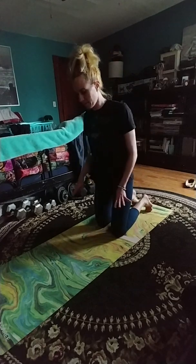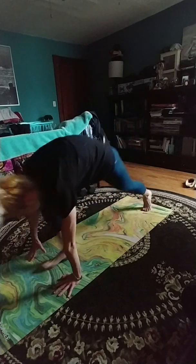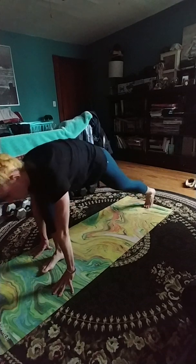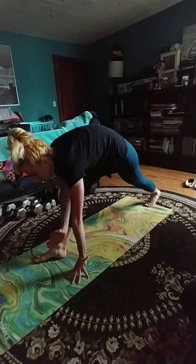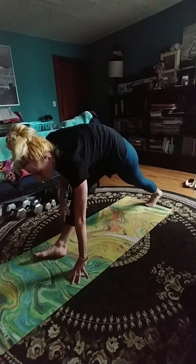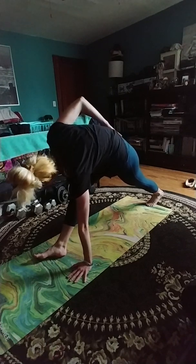Anyways, we're in downward dog, so we're going to bring that right foot between our hands again into that runner's lunge. And this time, it's kind of hard to explain. Angle your right foot more to the right, kind of to 2 o'clock, and it's going to come off the floor and twist. Give yourself a little twist towards the right wall,